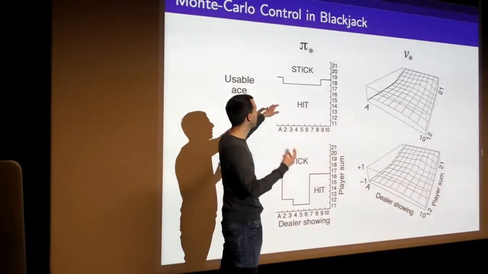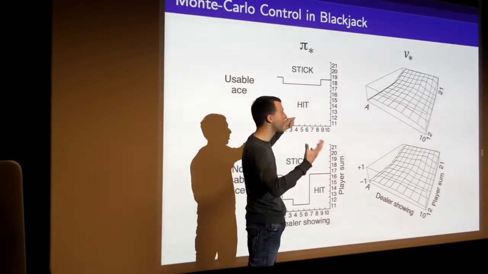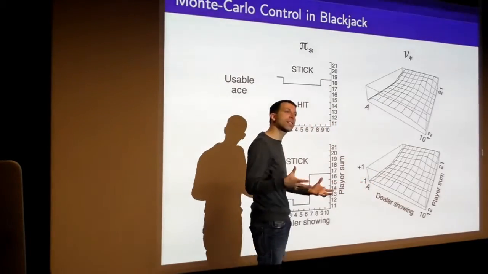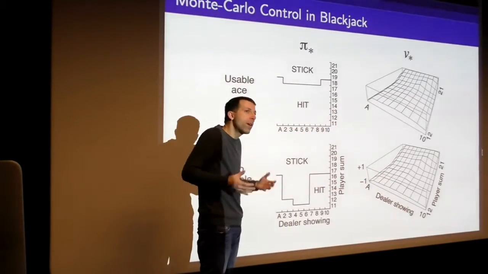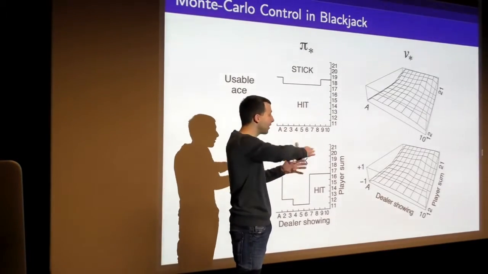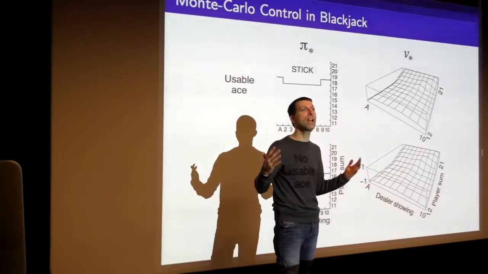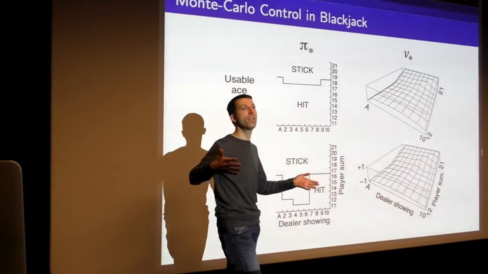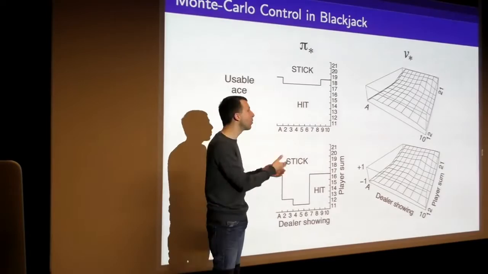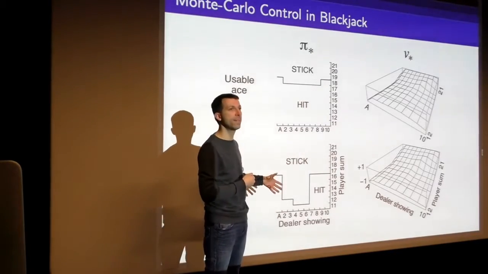If you've got an ace in your hand, of course you can afford to ask for more cards more often, because that ace can either be a 1 or 11. And then this is what the value function looks like. It's just a continuation of that last example to show you that this process really does end up with usable information, in the sense that you get these nice shapes out of the value functions that characterize exactly the optimal behavior in this domain. You really end up with the optimal policy. There's no way to do better than this in this particular game that we've described. This is the optimal way to behave.